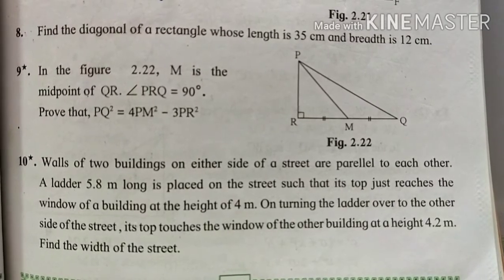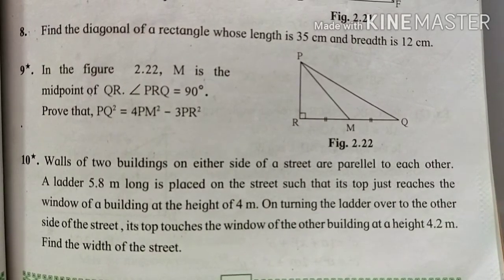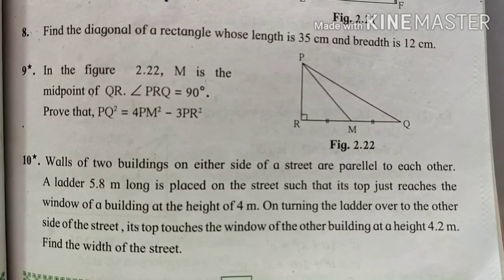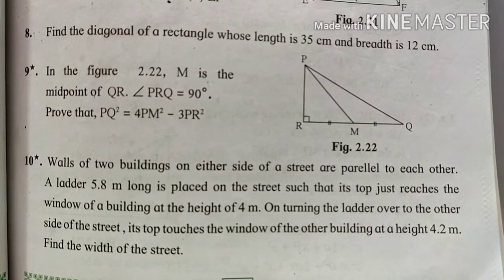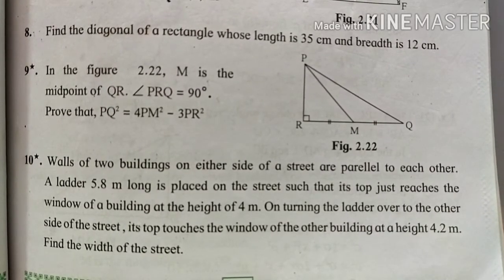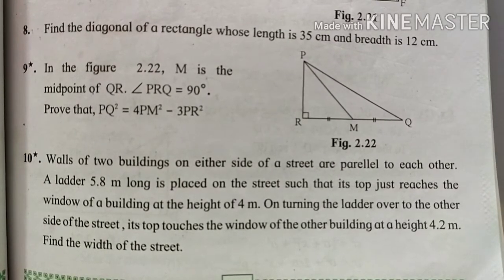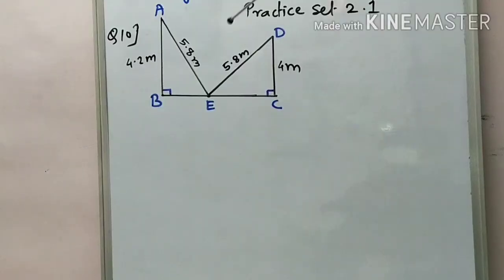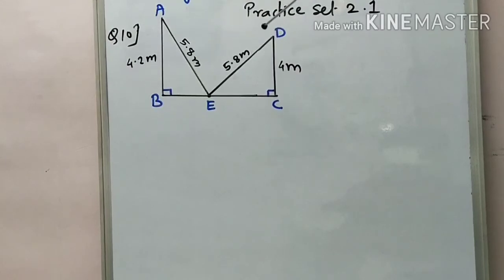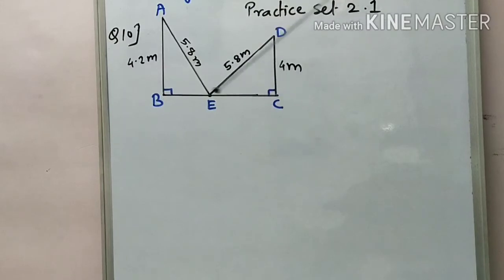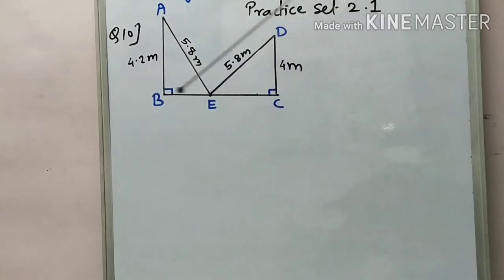Okay, so first what we do here students, according to the given information, we try to draw the figure. First we draw two parallel segments that represent the two buildings on either side of a street. So here we draw two parallel segments, AB and CD, which are the two buildings parallel to each other and opposite each other across the street. Okay, means BC is the length of the street.